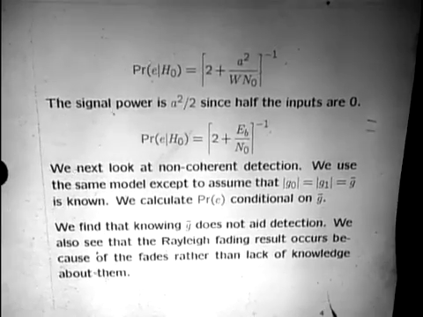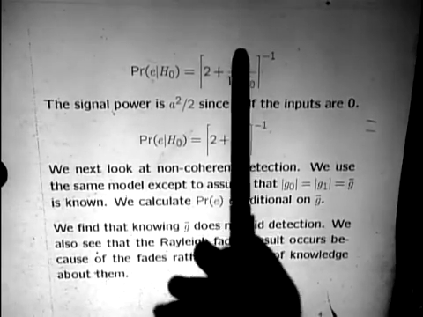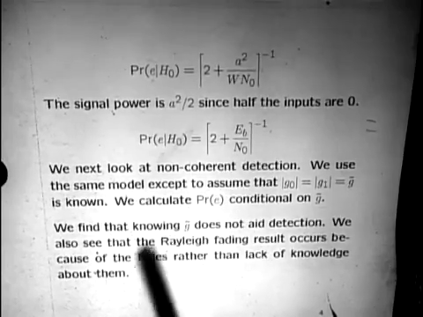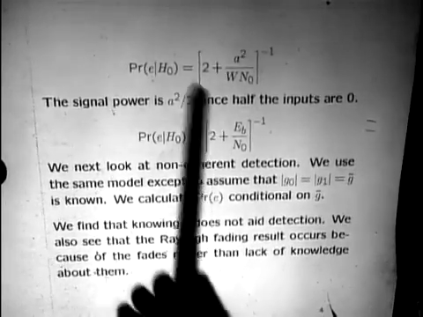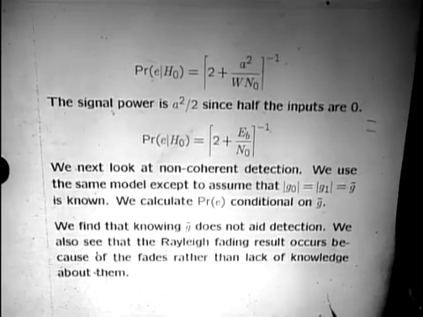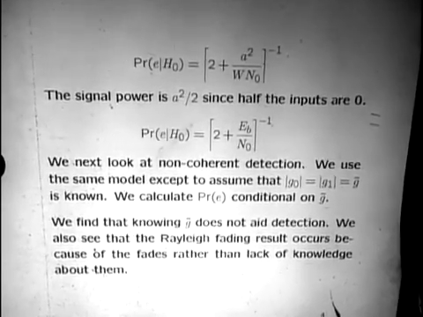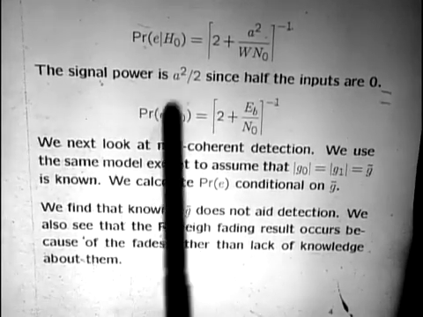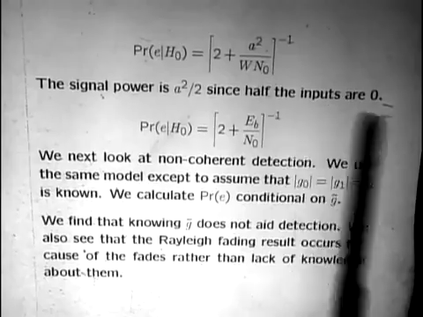I mean, the thing that we see is a quadratic in A. So we're sort of assured that we're doing the right thing, and we're also assured that the reason why this result is so awful is just that sometimes the fading is so bad, there's nothing you can do about it. Okay, now the signal power, as we said before, is A squared over 2,